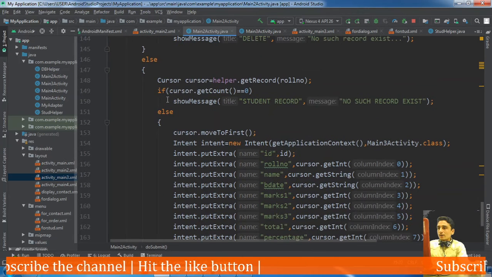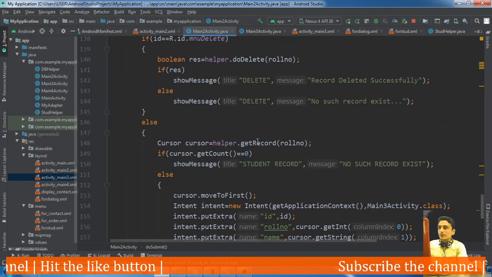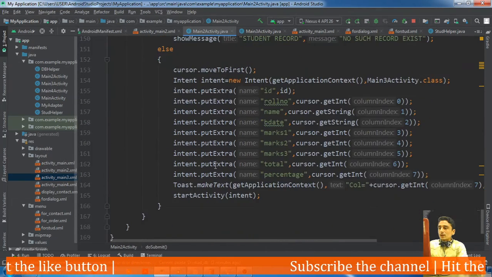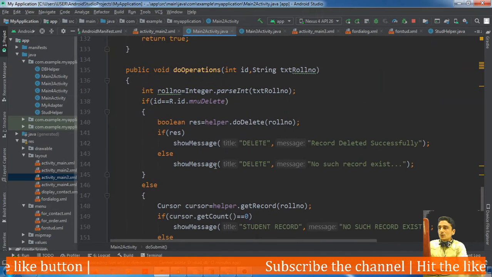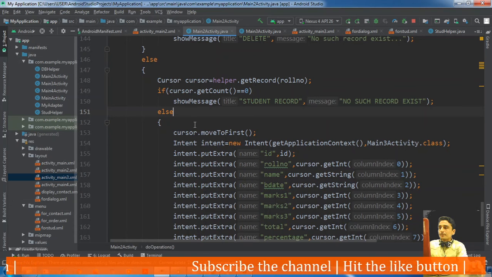Okay, we have already the cursor available. Student record, no such record exist. Else, yeah, in else part we are moving for update or search. Okay, so in else part again,